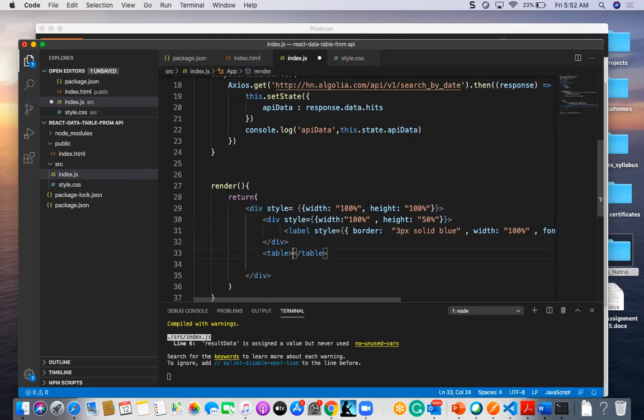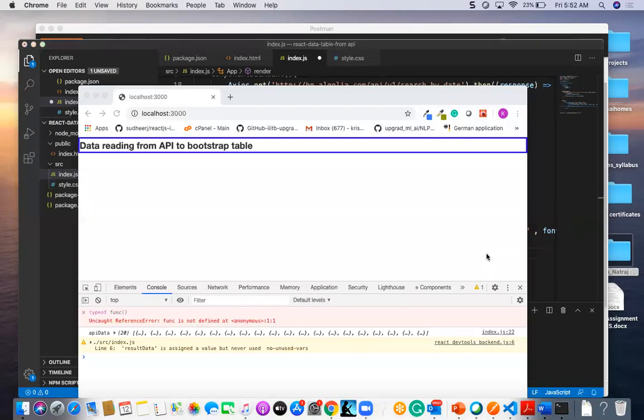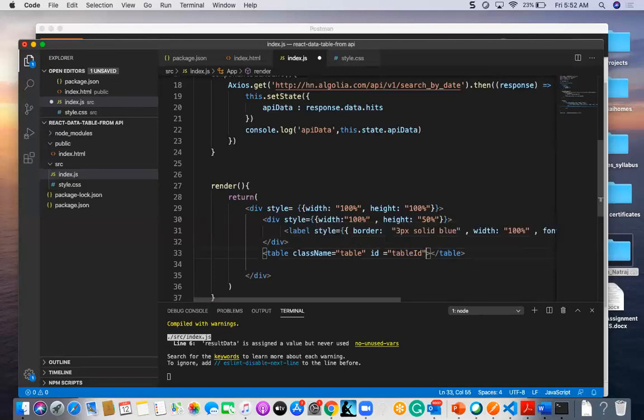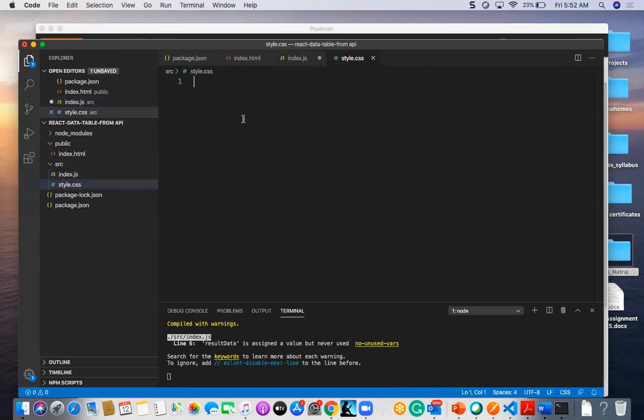Here I am going to get the class name: className is equal to table, and id is equal to table id. And in the CSS I am going to mention the properties for whatever table I have declared in CSS.